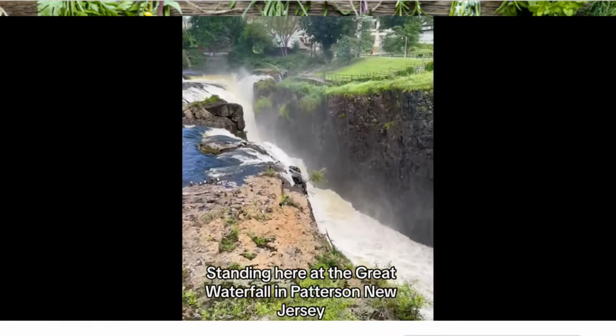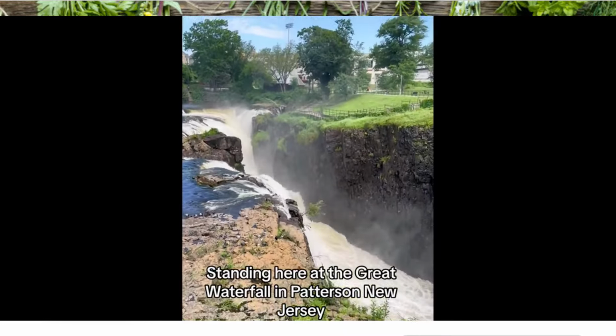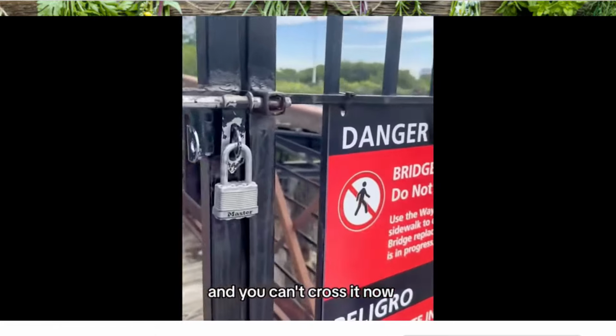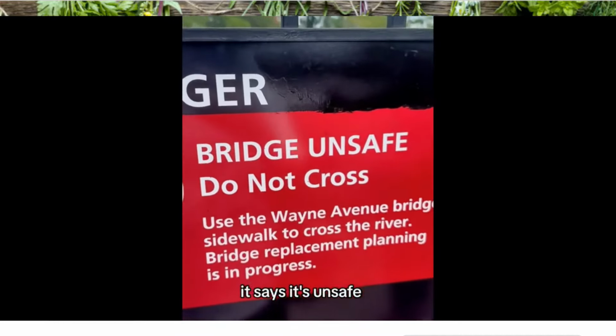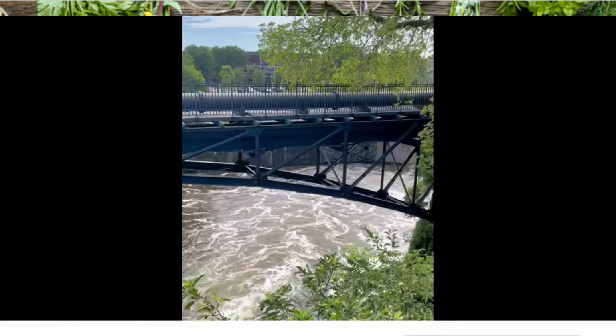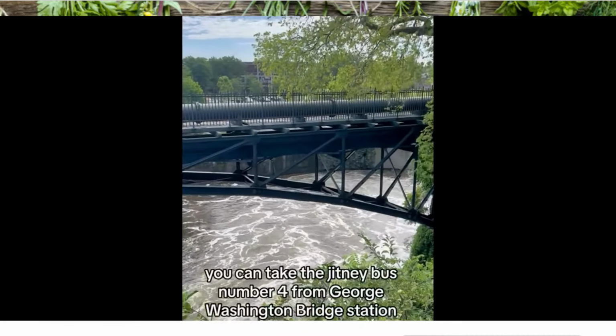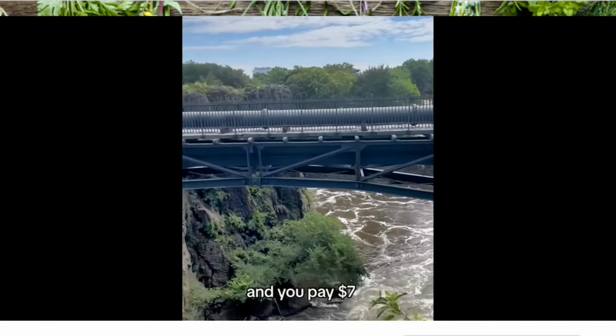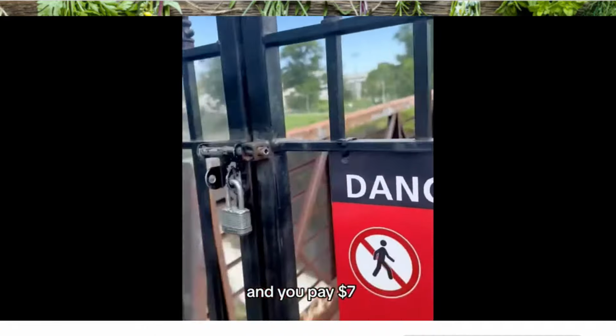Standing here at the Great Falls in Paterson, New Jersey, and this is the Wayne Bridge, and you can't cross it now. It's unsafe, but it's a very cool little spot. You can take the jitney bus, number 4, from the George Washington Bridge station and pay $7, and you're here